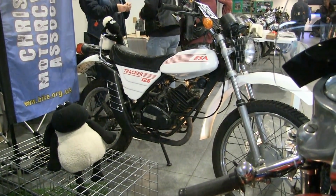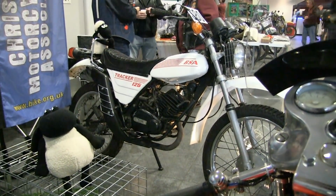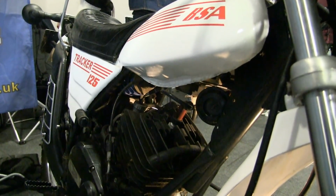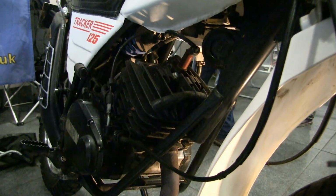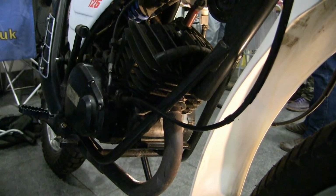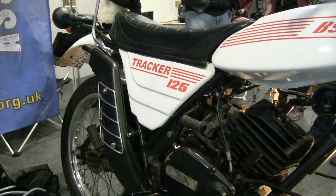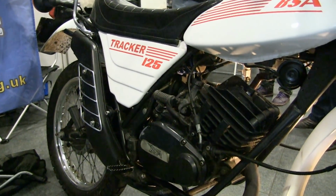Now, this was another rare and unusual machine. From what I could make out, it was a 1981 BSA Tracker 125. The owner of the bike was not available at the time of taking this video, but I did gain some information from one of his friends who told me it was a BSA frame with almost everything else